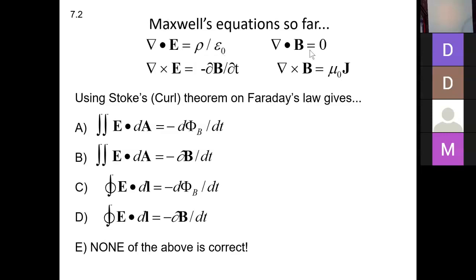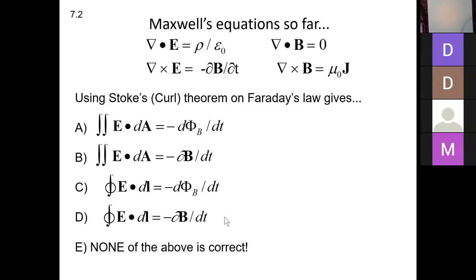rho over epsilon naught. The divergence of B is equal to 0. The curl of E is equal to minus dB dt, and the curl of B is equal to mu naught epsilon naught. And it says using Stokes' theorem on Faraday's law gives us